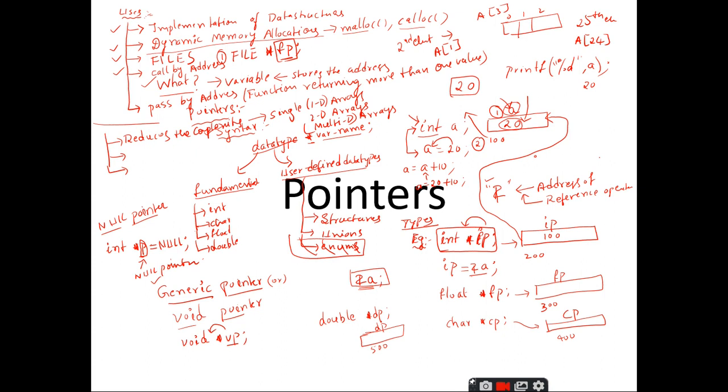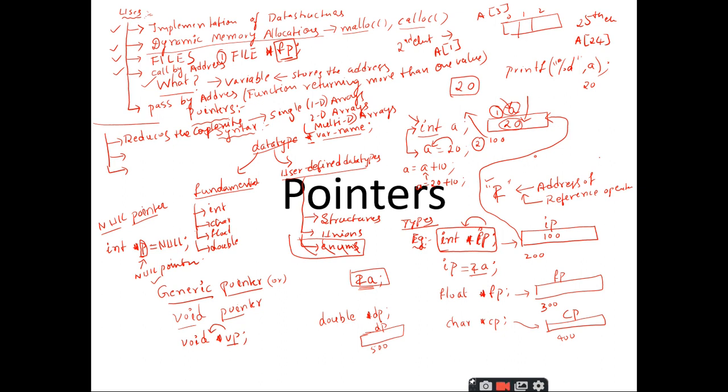Is it clear? So in simple terms, when the programmer is dealing with system level programming or low level programming, sometimes the programmer needs to access the addresses of the memory locations. Accessing the address of the memory locations can be easily done by making use of pointers.